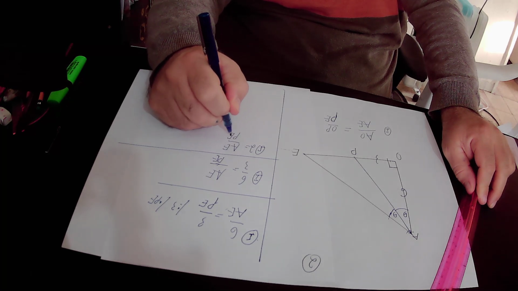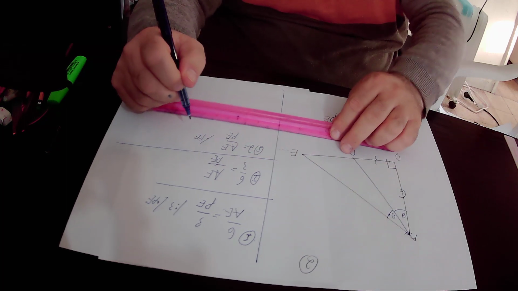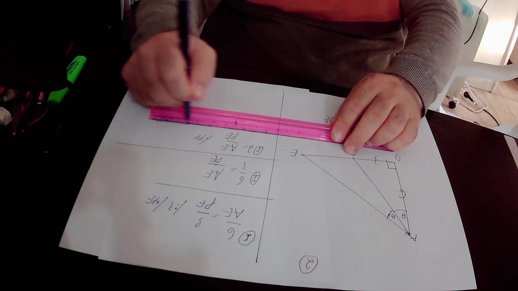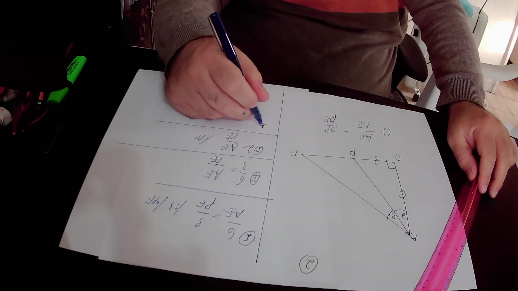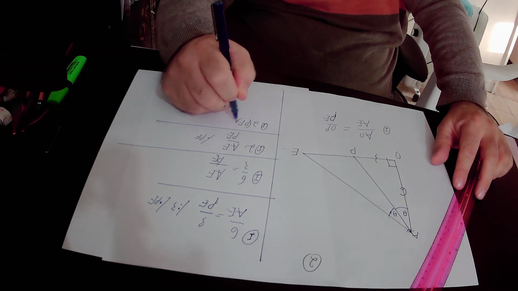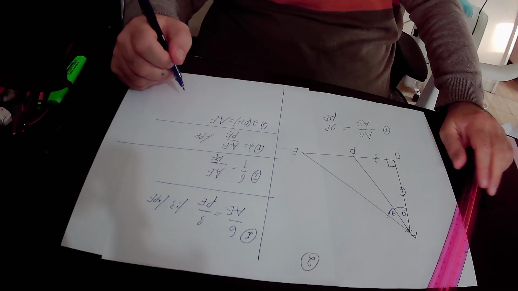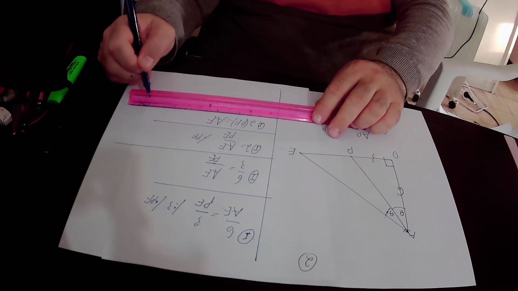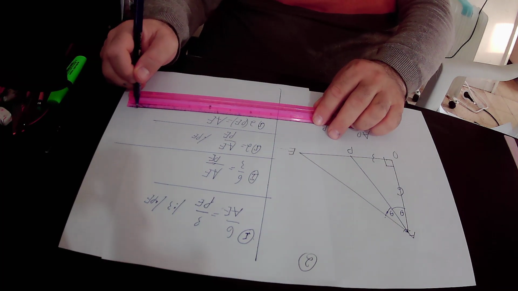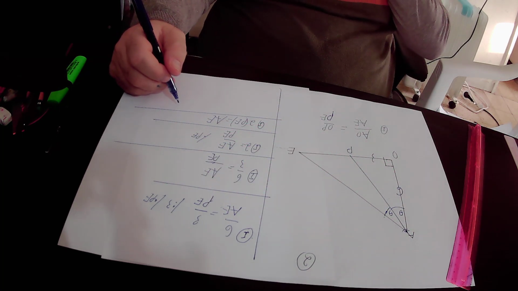Multiplying by PE, we get that according to equation number 1, 2 times PE equals AE. So AE is twice as long as PE,